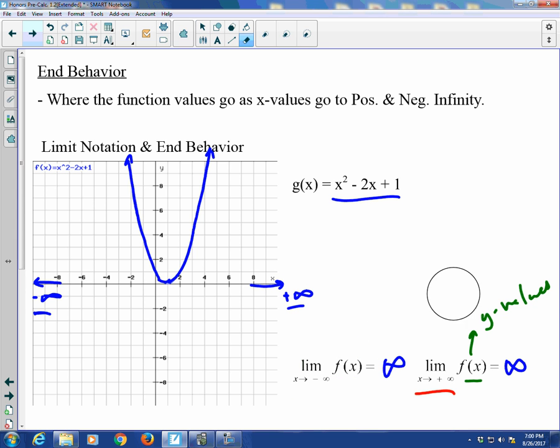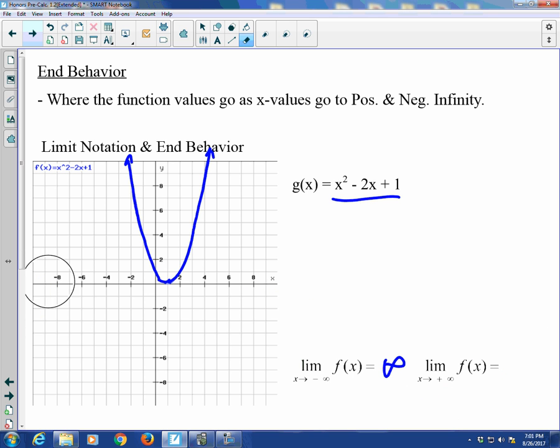Now, erasing all this stuff, we can determine this graphically, but we know this is a parabola. So that's really how we can tell graphically what's happening. But in general, if we're dealing with polynomials, there's one way we can always determine what the end behavior is going to be. With regards to polynomials, the end behavior always is determined by the highest powered term. And what we mean is that as x values get really, really large that we're plugging in,